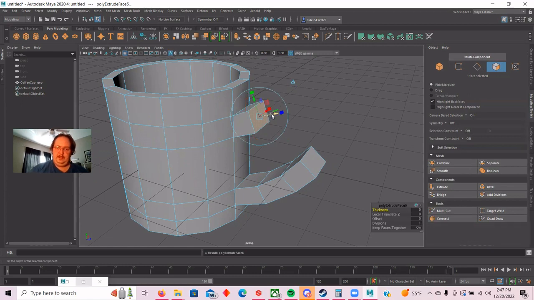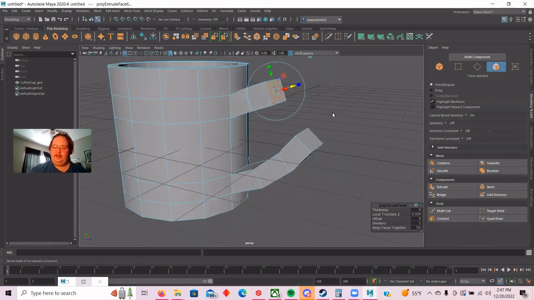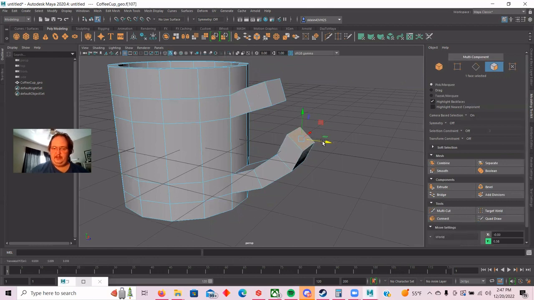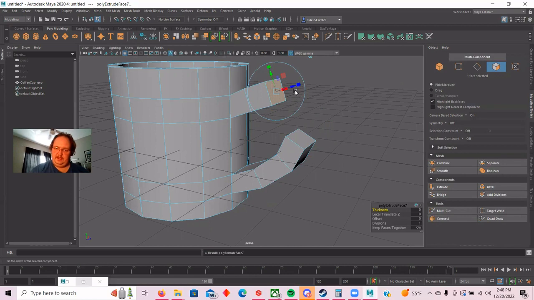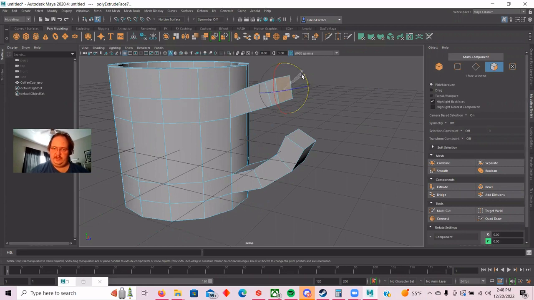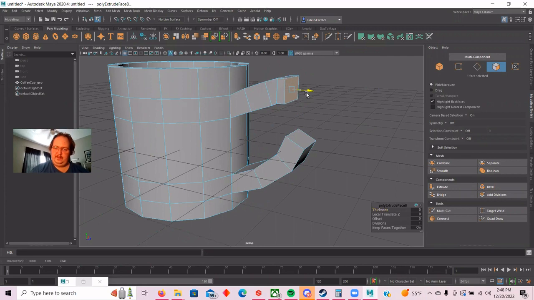And now you might think this is tedious, and it is a little tedious. It is, but you know what? It's also very therapeutic. Now let's see here. Move this back a little bit, rotate this a little bit. Let's go extrude again. I'm not going to extrude out as far for this one because this is where I want to really start to curve. So turn like that, extrude out,